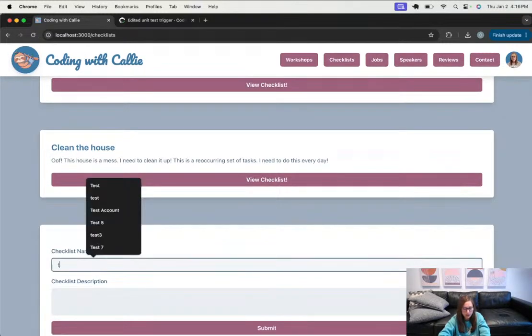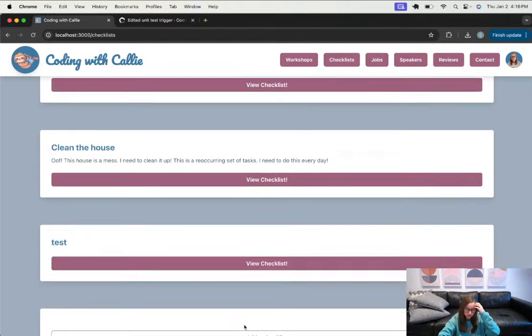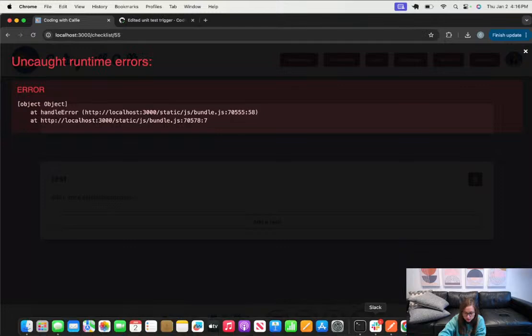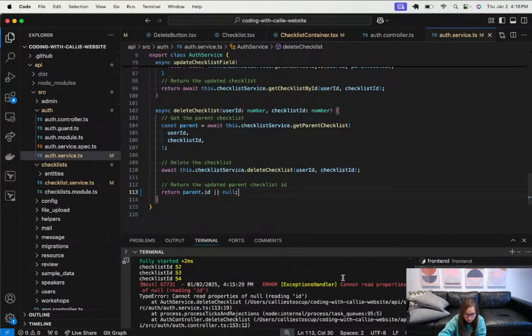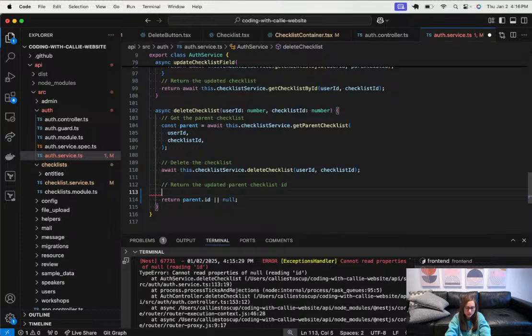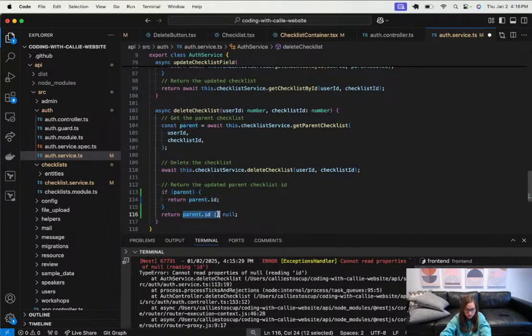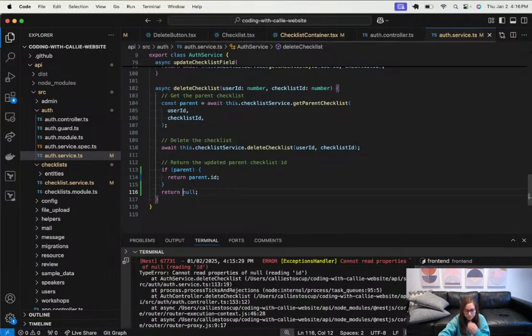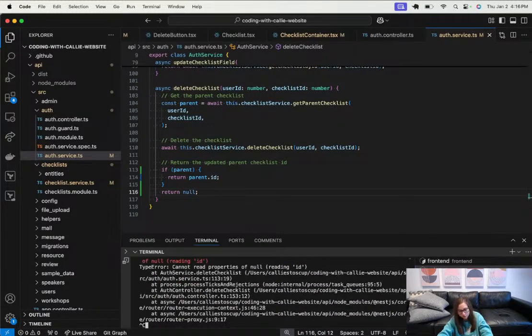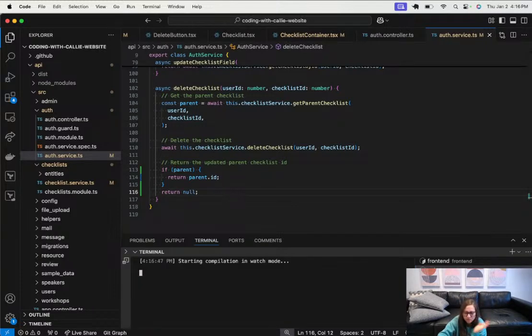Okay, let's add back a test. All right, let's view the checklist. There's no parent of the checklist. So then when we delete, we still have issues. Okay, so maybe we need to say if parent, return parent ID, otherwise return null. Let's try that. I'm gonna restart my server too, although I am doing it in watch mode, so it should,